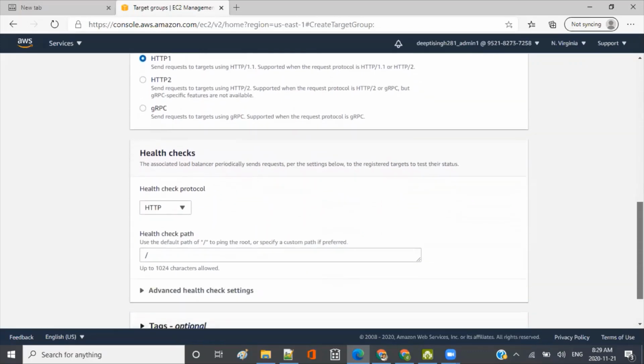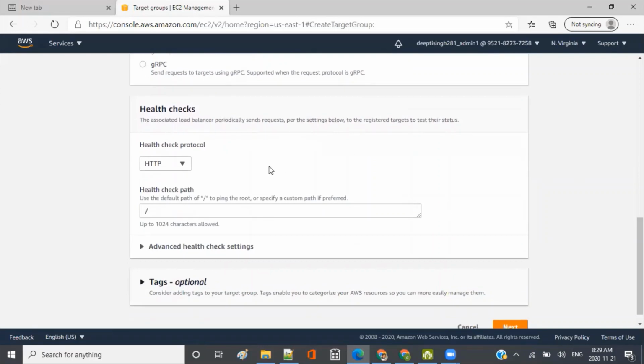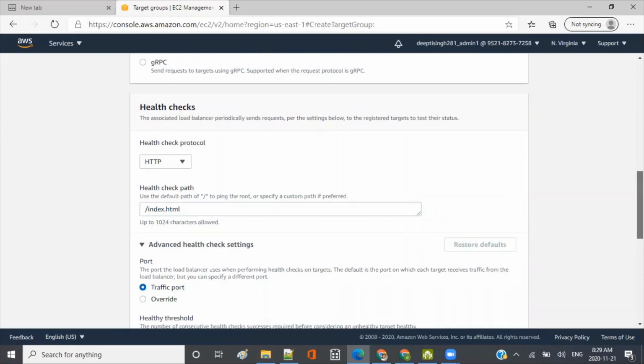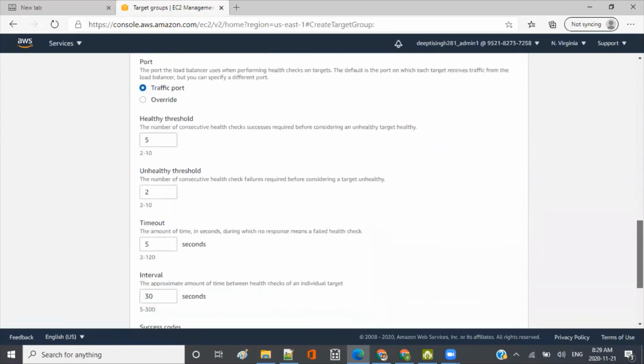Then protocol is HTTP and health check. Here you configure the health check. So what do you want to use for health check? I want to use HTTP. And what I want to use for the health check, I want to just see the index.html in the root. Advanced health check settings. Here I'll just configure the timeouts or the thresholds.